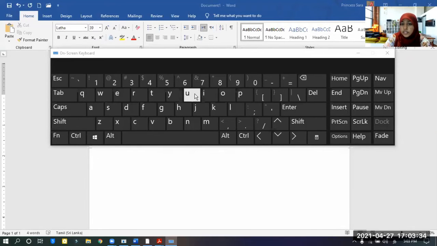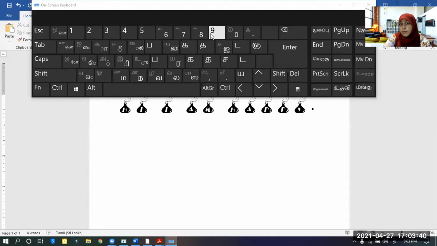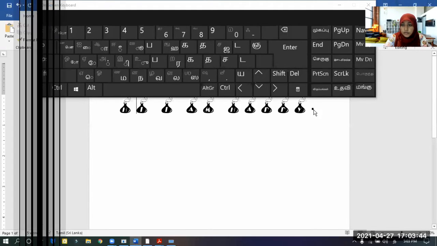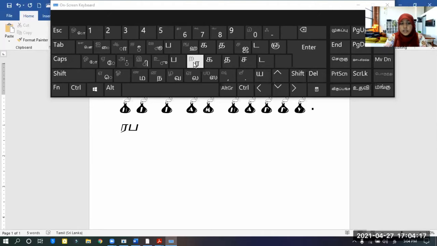Automatically the keyboard will be changed into Tamil. Now you can look at this keyboard and type from your keyboard itself, like this you can write in Tamil language. This is how you can get the Sinhala or Tamil keyboard.